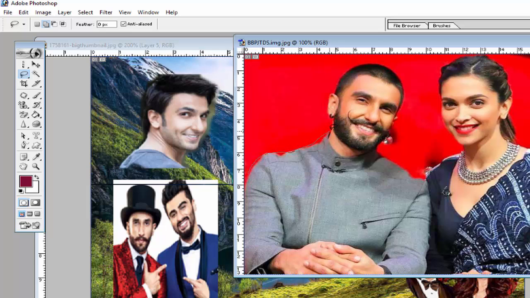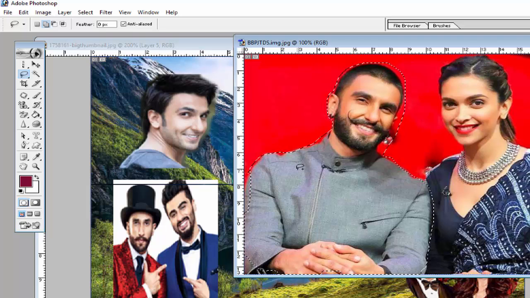Hold your mouse left button and drag on the edges of the part of your image you want to select, like this. Don't release the mouse left button until you complete your selection.